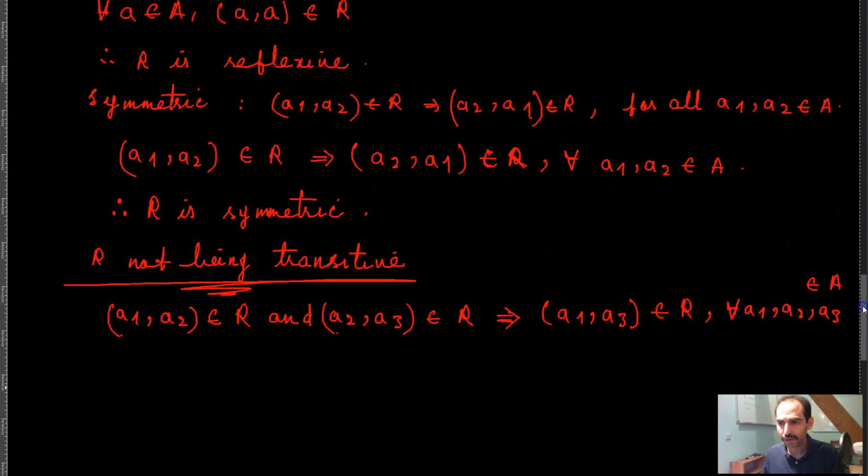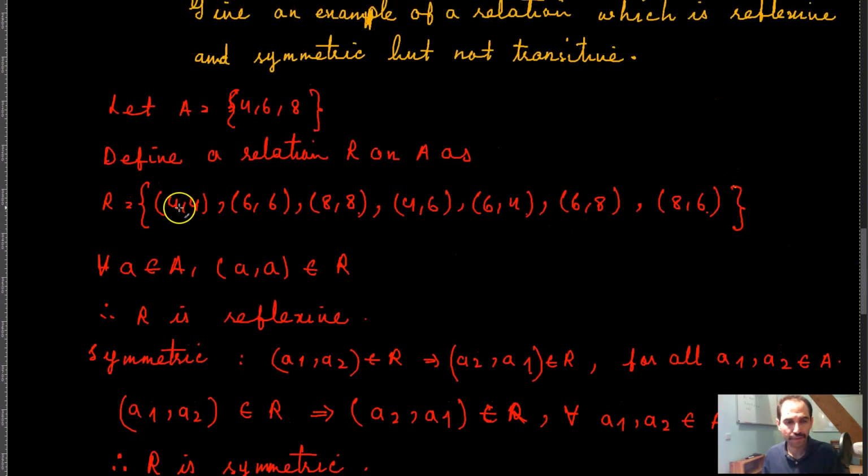Now here you can argue that, for example, you have (4, 4) and you have (4, 6), and then (4, 6) is also there. Or you can argue that you have, for example, (6, 8), (8, 6), you have (6, 6) is also there. And you can argue that